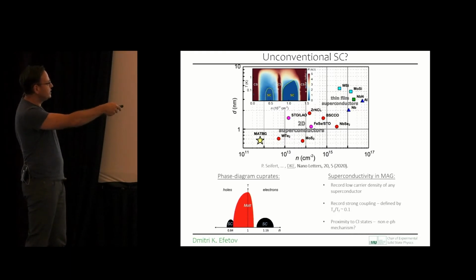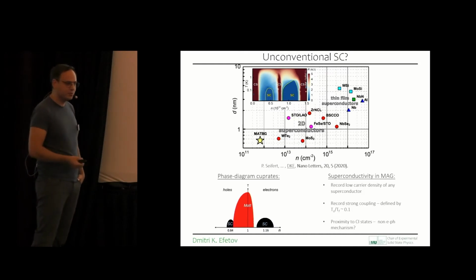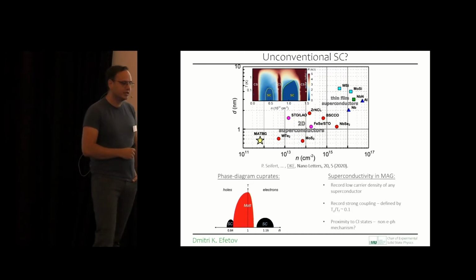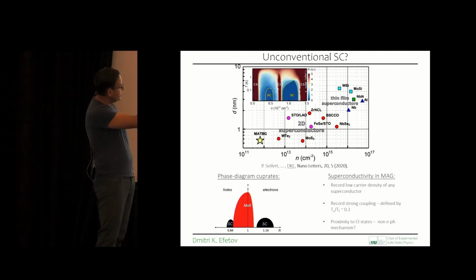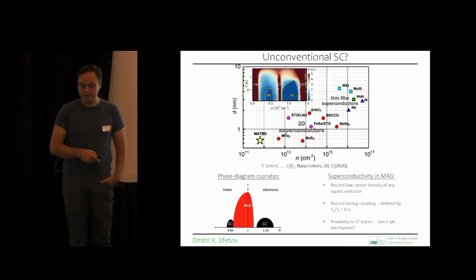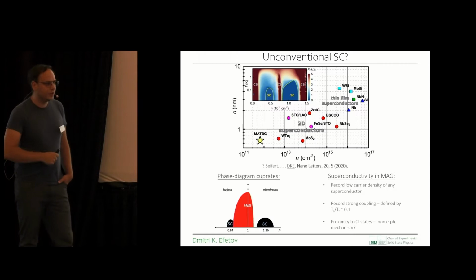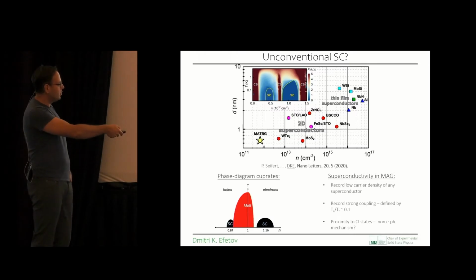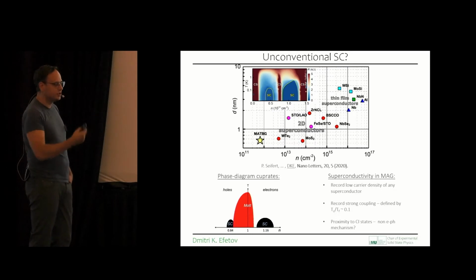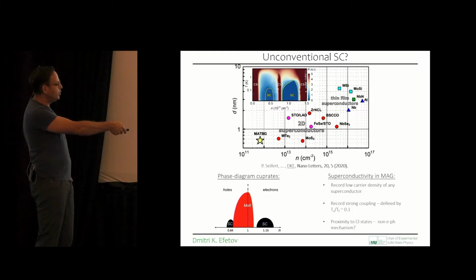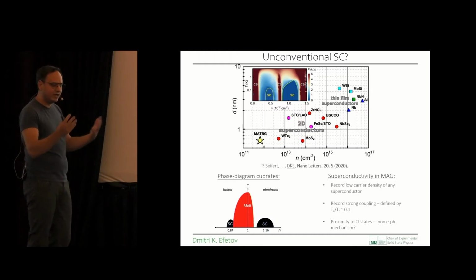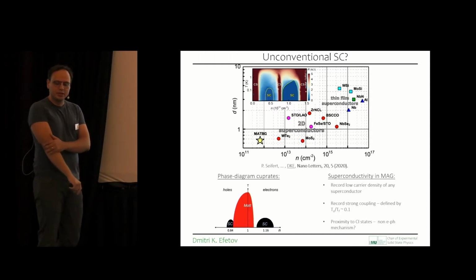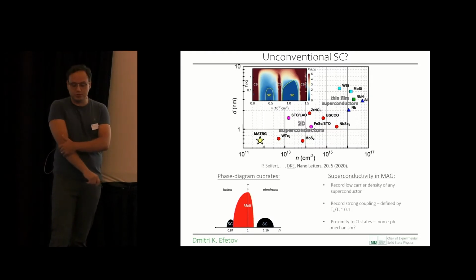For example, if I take aluminum, which is one of the most famous superconductors, also for superconducting circuits, it has something like 5 orders of magnitude higher carrier density. And this is important because in strongly coupled superconductors, people often compare TC to TF. TF is the Fermi temperature, which is proportional to the carrier density. For the TCs and TFs we get in the system, we get record numbers, which are only comparable to high temperature superconductors.